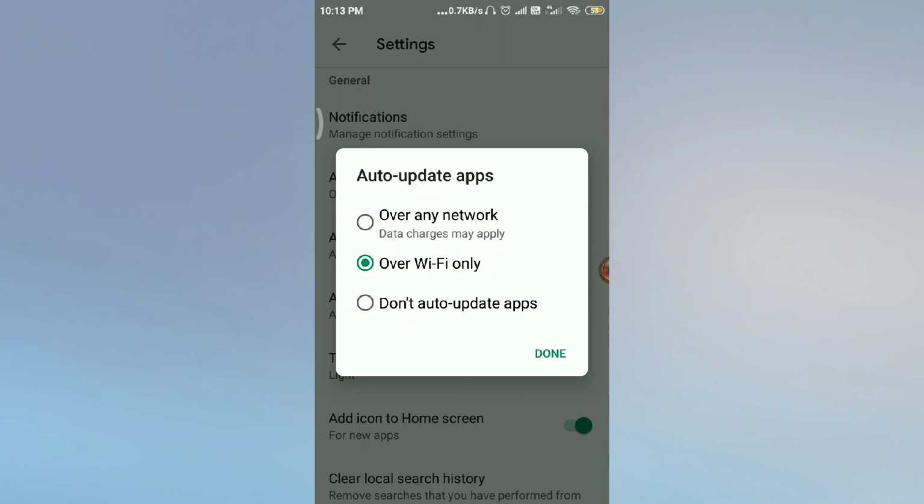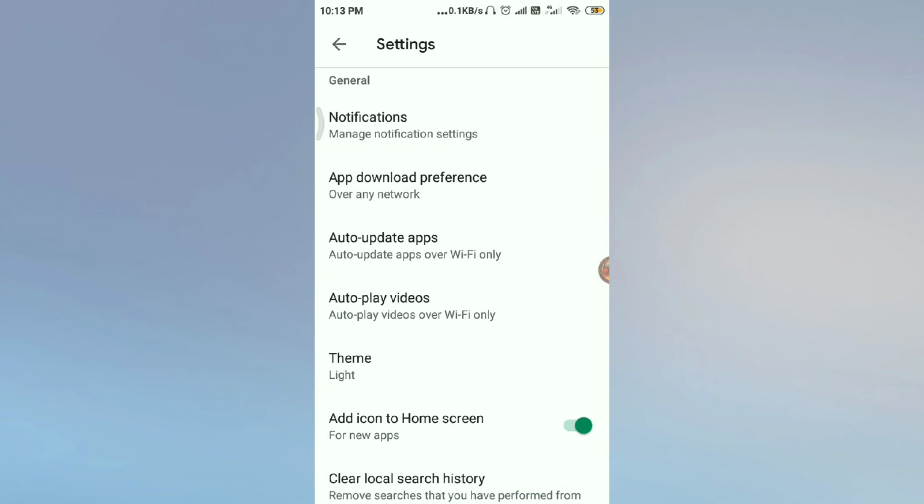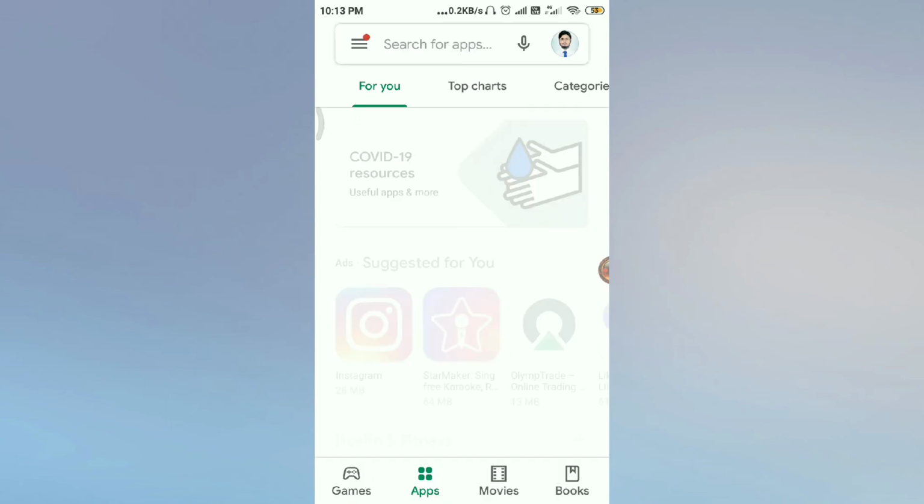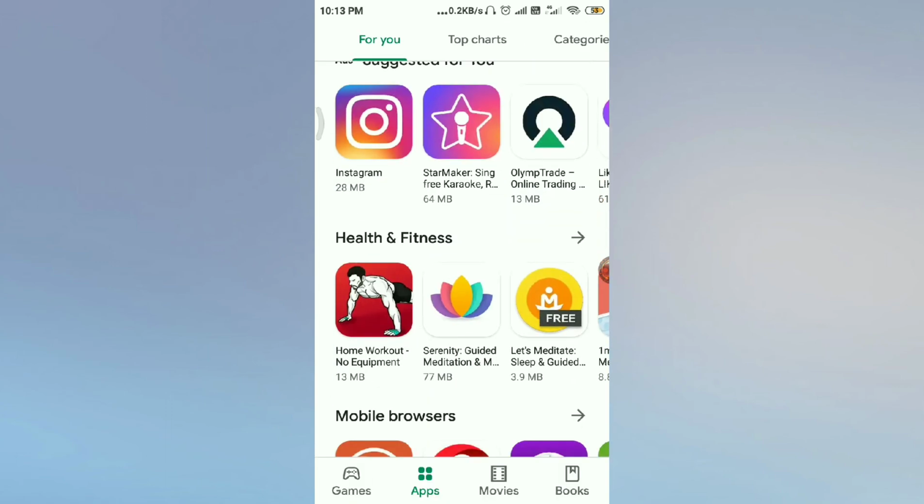It means apps will not update automatically in the background, because if it happens in the background while you are also using certain things, then definitely this will utilize lots of your resources and RAM. That's why your phone hangs and does not work properly, and maybe in certain cases you need to reboot it, which is a very annoying problem. So you can very easily solve this through this technique. So I hope